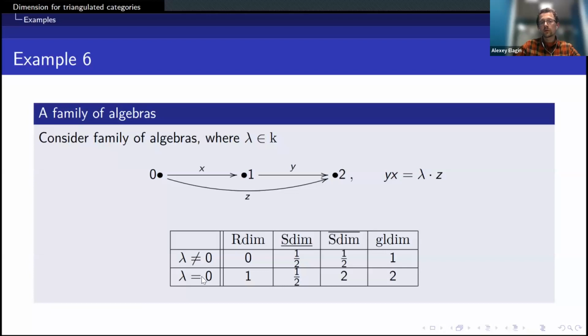If lambda is not 0, then this relation simply says that z is the composition, so it is not needed. We can remove that, and we get a path algebra of quiver A3, for which we know everything from example 1. But as soon as lambda is 0, we get a different algebra, a non-isomorphic one,